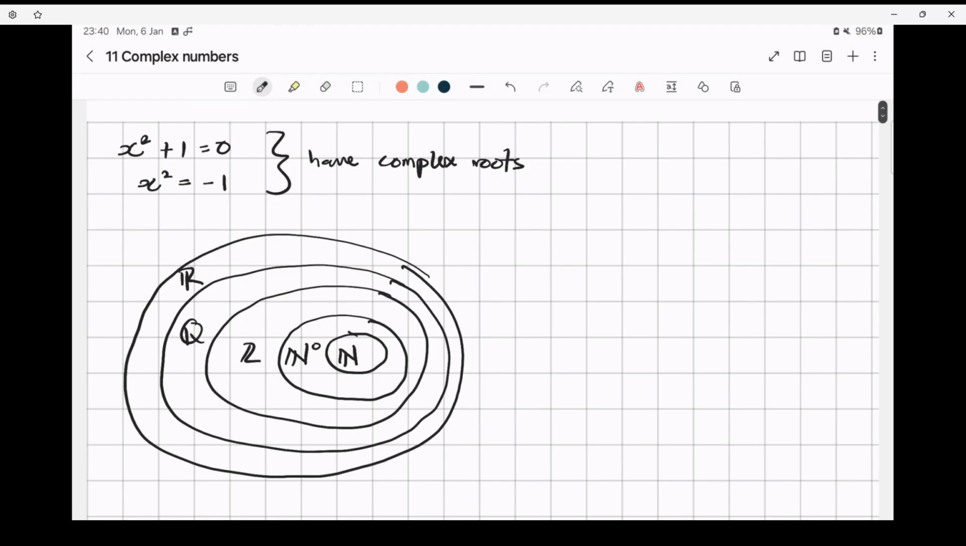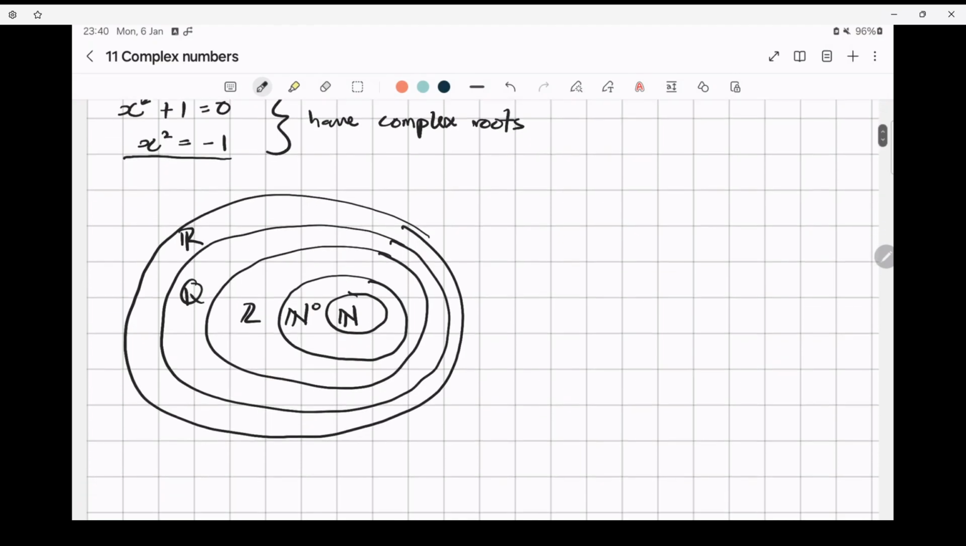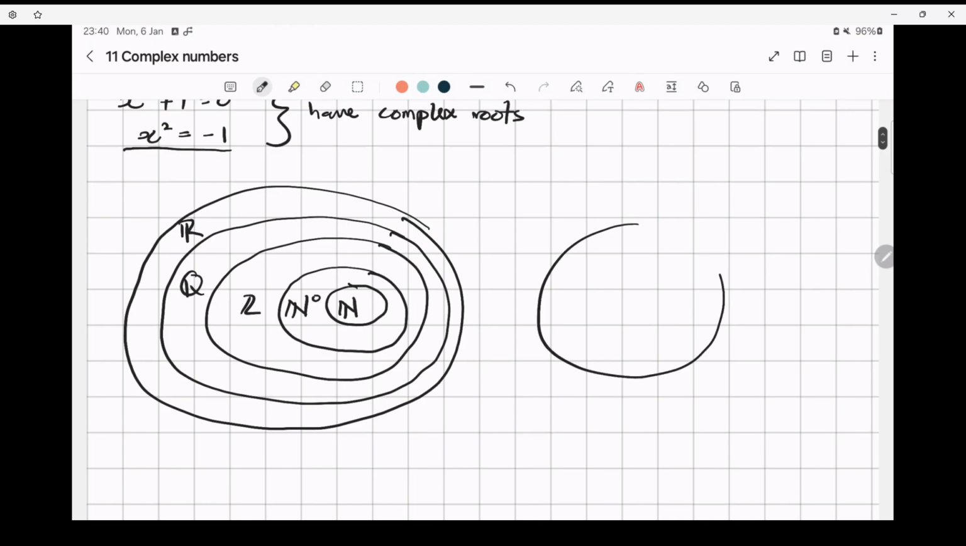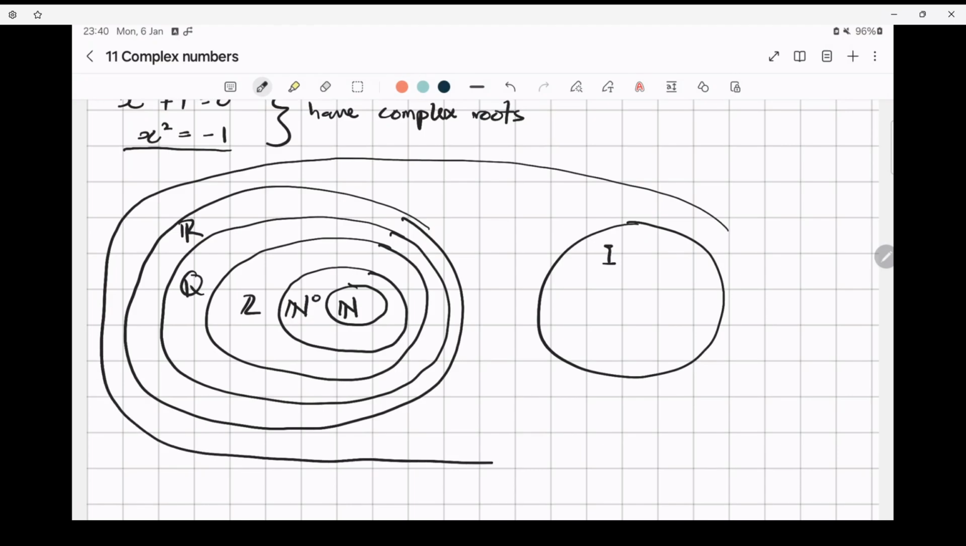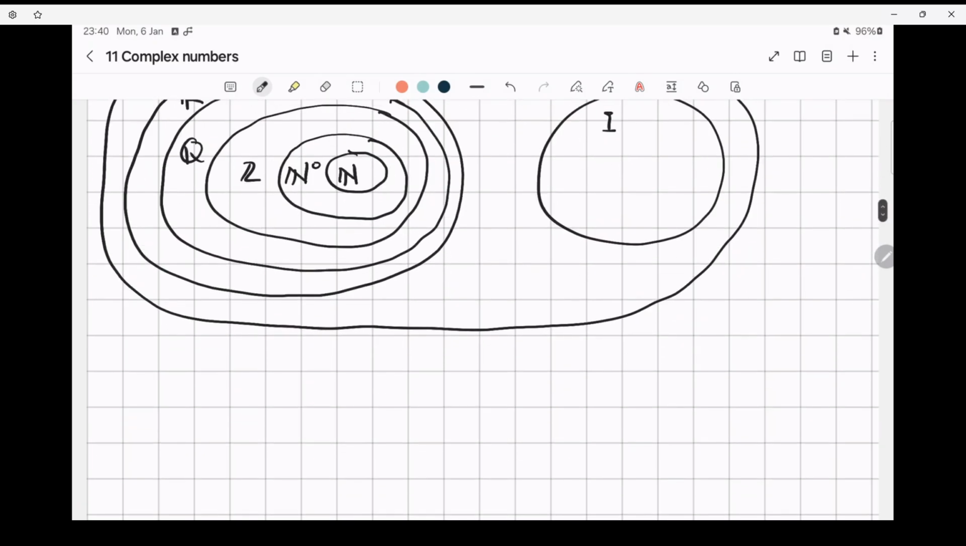If we introduce this particular notation whereby x squared equals minus 1, then we have a similar set, which is called the set of imaginary numbers. So combining all these numbers together, we will have the set of complex numbers. Just a little bit of